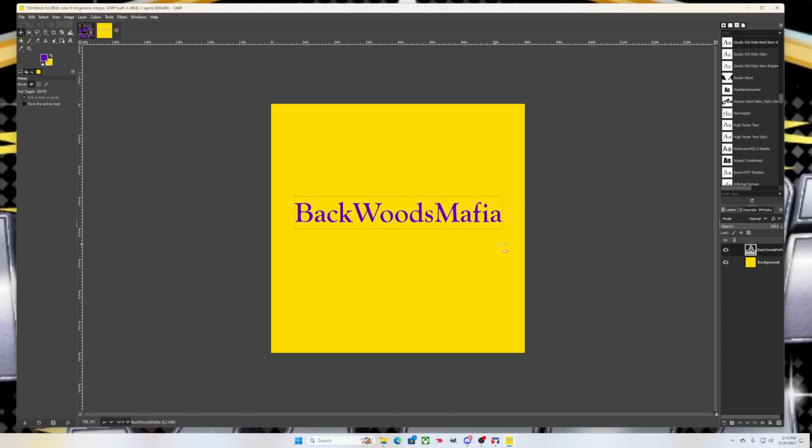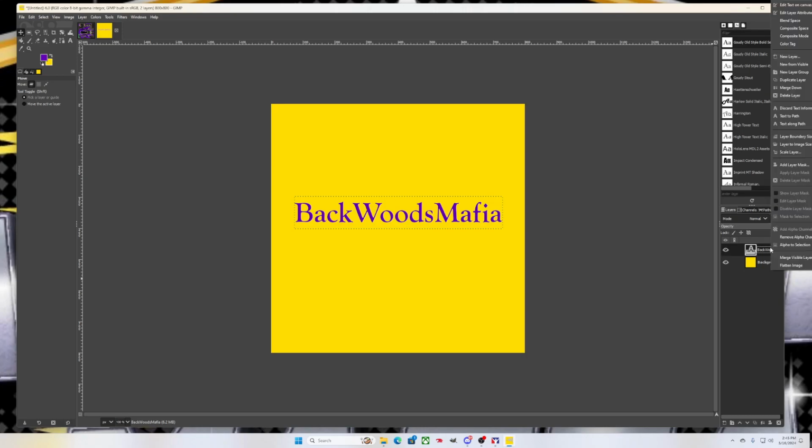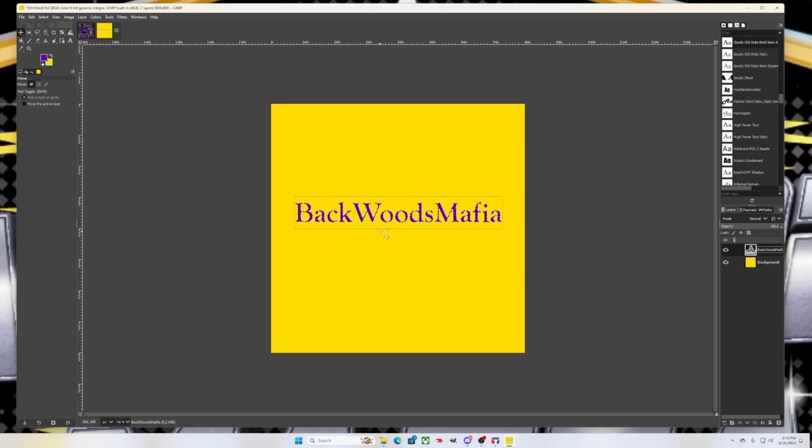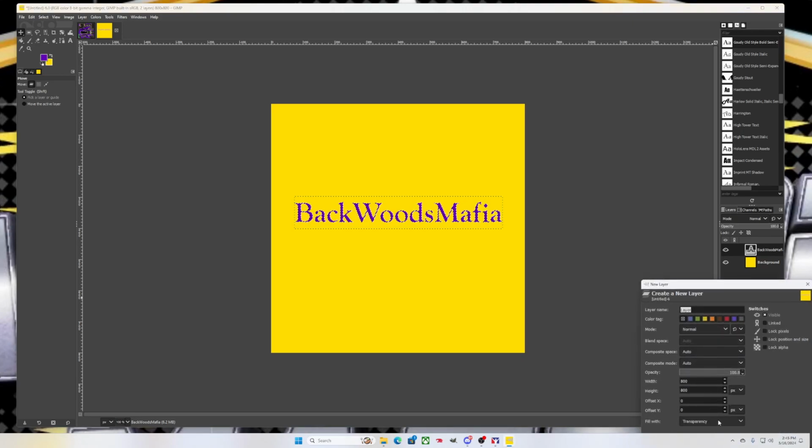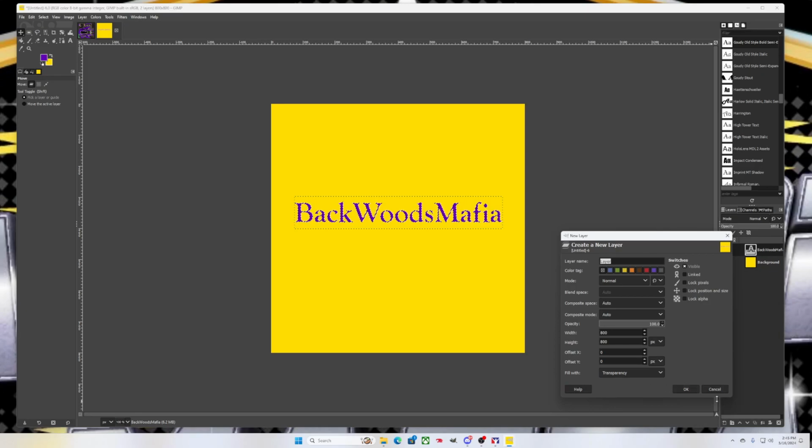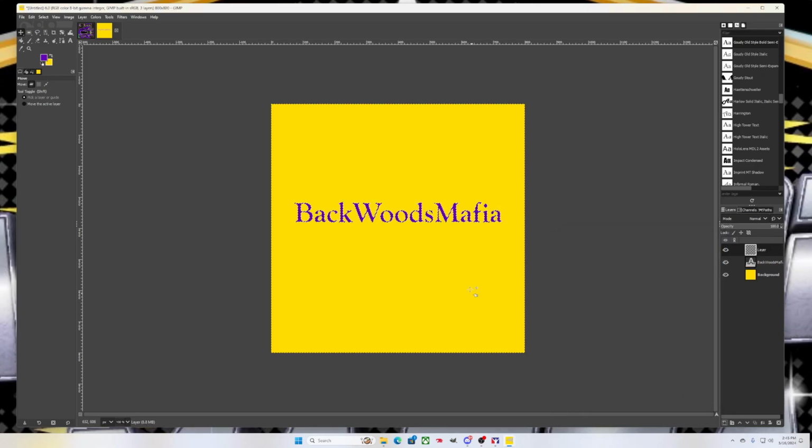This is where the editing can get pretty, not monotonous, but in depth. So what we want to do is click on this section over here, and then you're going to right click and you're going to alpha to selection, and it's going to highlight all of what you have selected. Then you want to click this right here, which is create a new layer, and you want to make sure that its transparency mode is on, and then you're going to click OK. Now you have a new layer of that, and then what you want to do is select